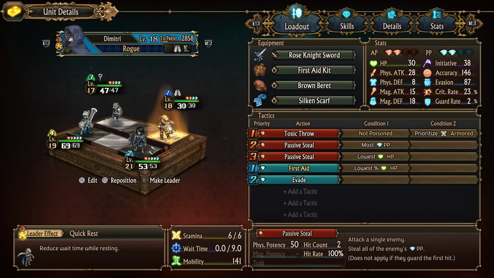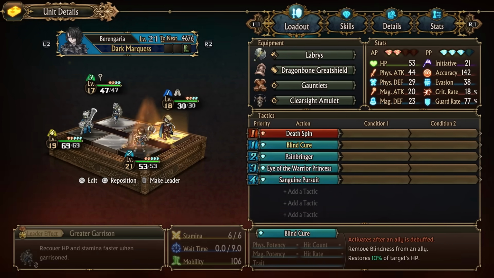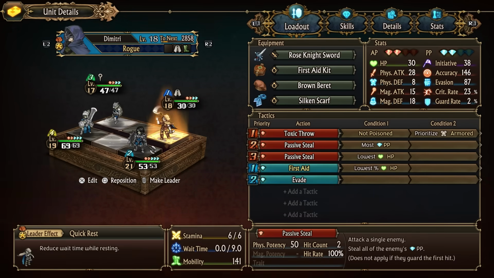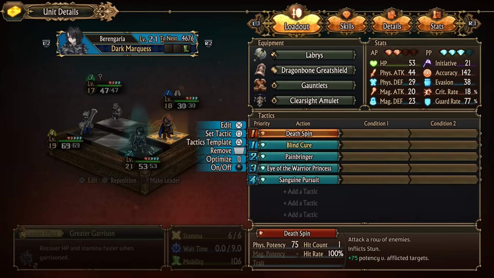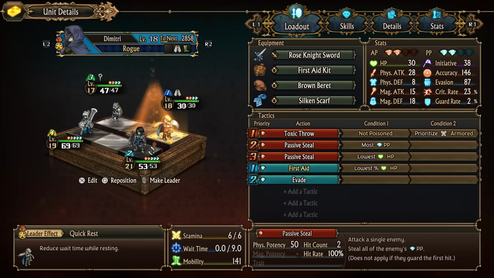Backing them up, we've got Dimitri the Rogue and Balder the Elven Fencer, and this is where our afflictions are coming in. Not only can Berengaria stun the entire enemy frontline with her Death Spin, Dimitri can throw out Toxic Throws to poison enemies, making her Death Spin deal even more damage, and Balder can come in and Lightning Blade things, again, allowing Berengaria to deal even more damage,